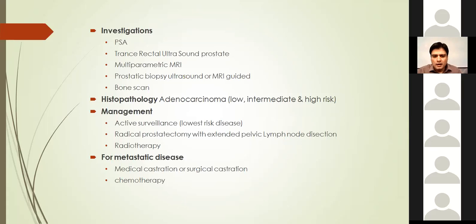It shows a tumor, which in the majority of cases is adenocarcinoma, almost 95% of the tumors. So histopathology can give you a clue, but this biopsy does not come that easily. It's not easy to go for a transrectal prostatic biopsy, which is a very painful and inconvenient procedure for the patient. So the majority of patients